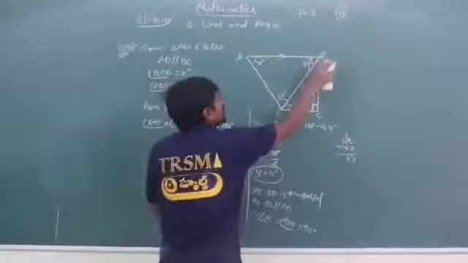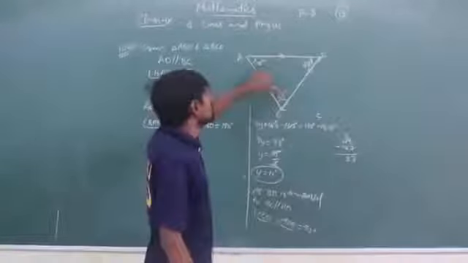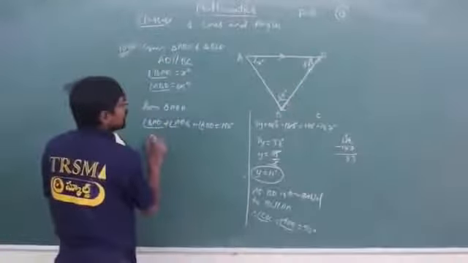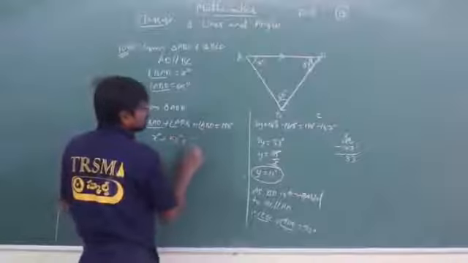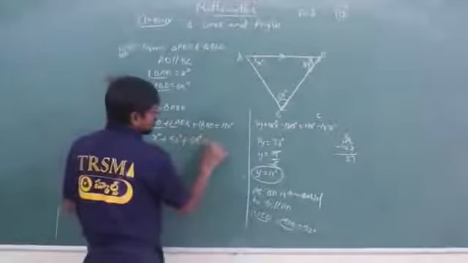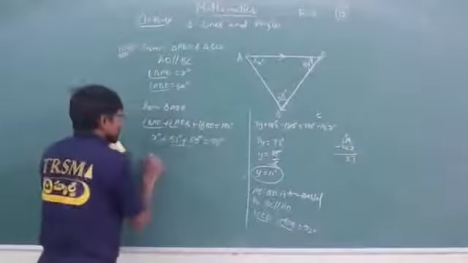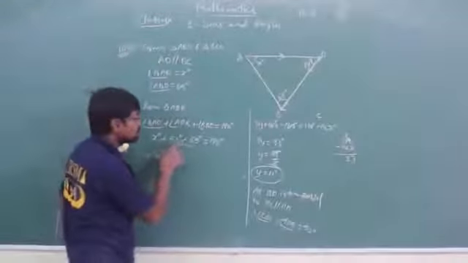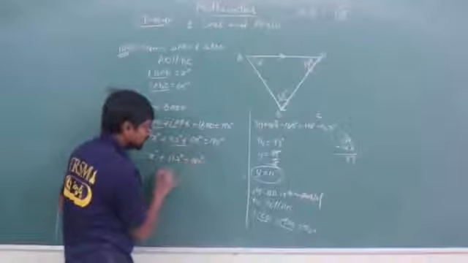So now I am not taking this triangle. Now I am taking this triangle. So x plus these interior angles. So here I will get x degrees plus 52 degrees plus 65 degrees is equal to 180 degrees, isn't it? If I add these both angles, how much will I get? x degrees plus 60 plus 50, 110, 117. 117 degrees is equal to 180 degrees.